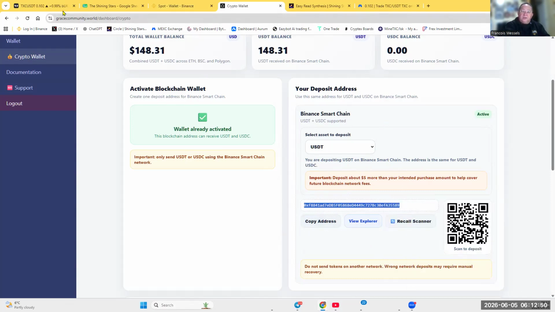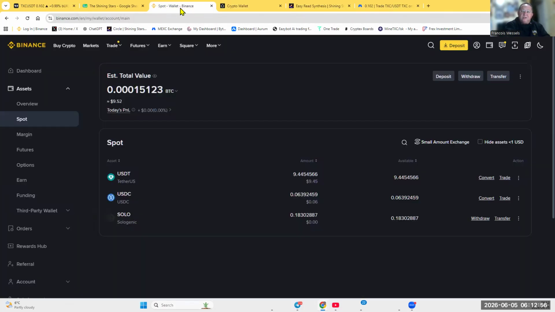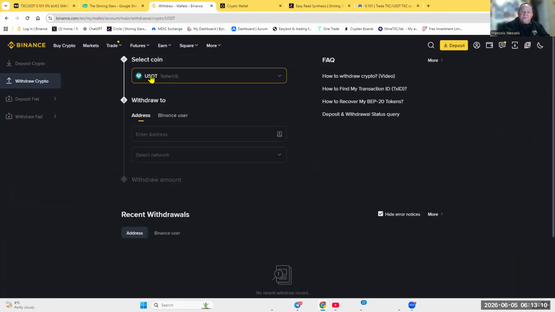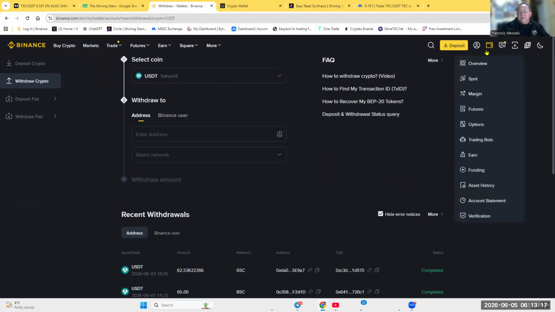Now, easy. You can see in Google I'm just opening up tabs like this. On my PC, it's just much easier to open up your tabs. Go to Binance, and on the three dots on the right-hand side here, you've got a withdraw button. If I use that button this way, the system gives me the default already set up for USDT.